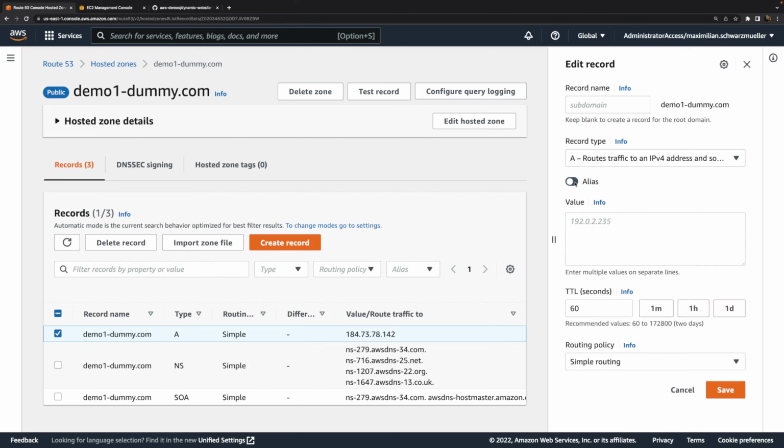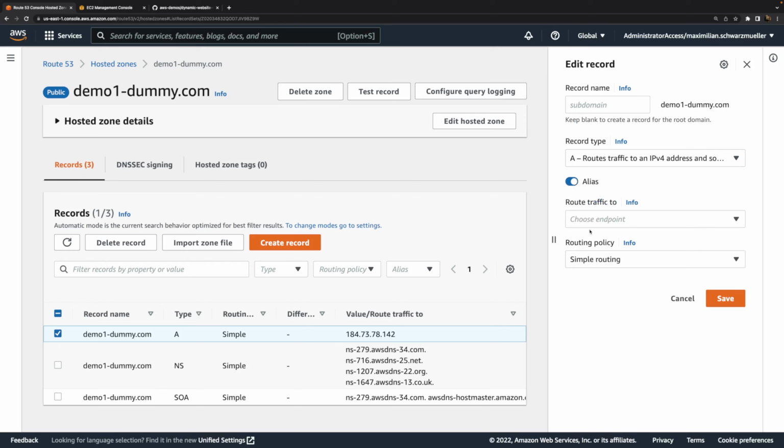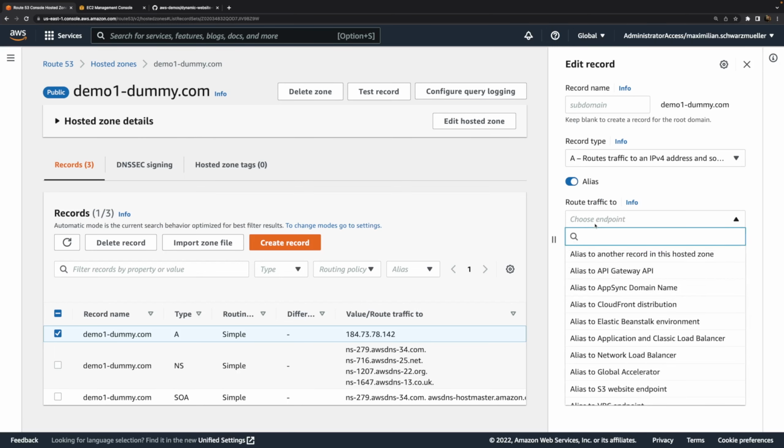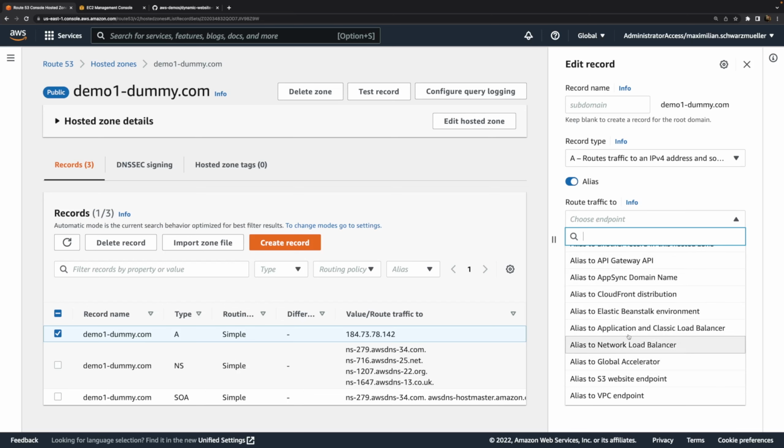So once we switch to alias, we can no longer enter a value. Instead, now we choose a target for the traffic that targets this domain. And here you see that we could, for example, select an application load balancer, amongst many other services we can use as targets.